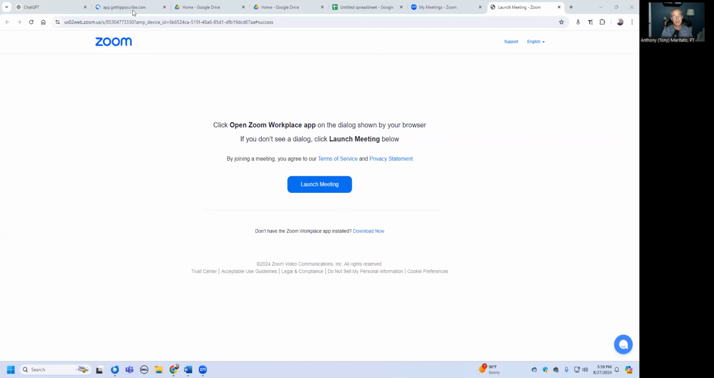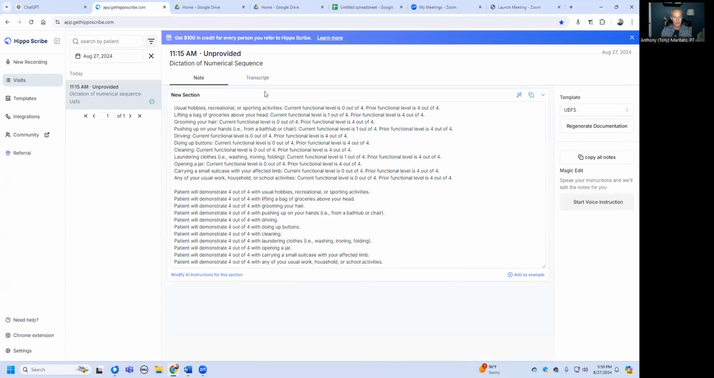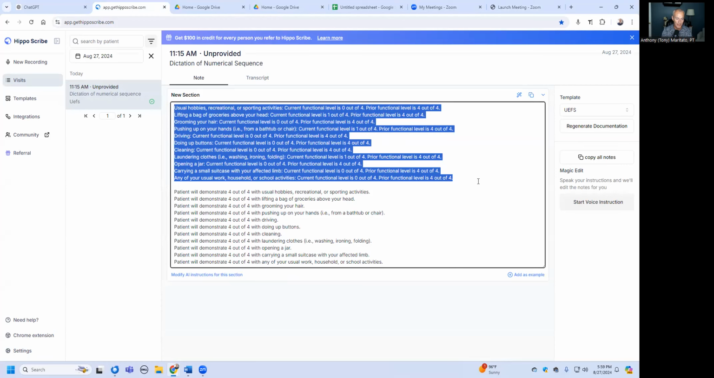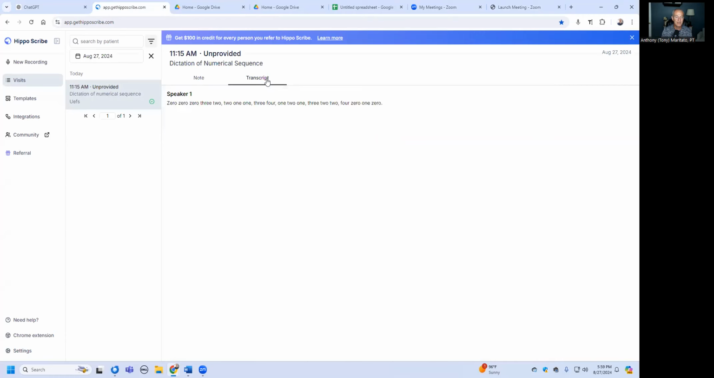First, let's take a look at HippoScribe. Now, this is not real data. This is data that I created for the purpose of this tutorial. I'll show you real quick. This is using, I don't even remember, I think it's the upper extremity functional index. Basically, what I did was I dictated the numeric scores for each of the items on my list of